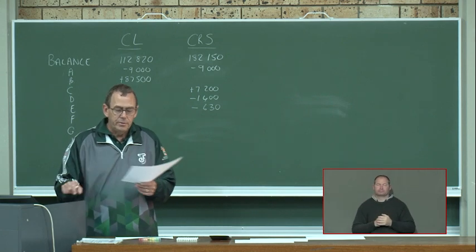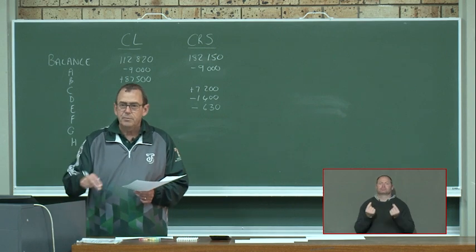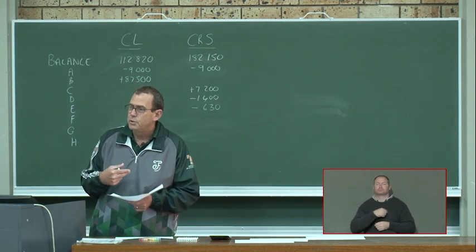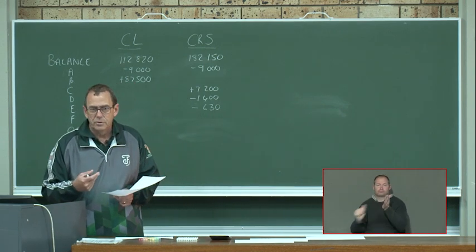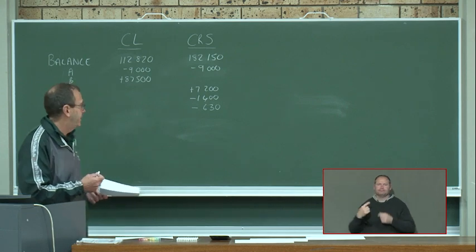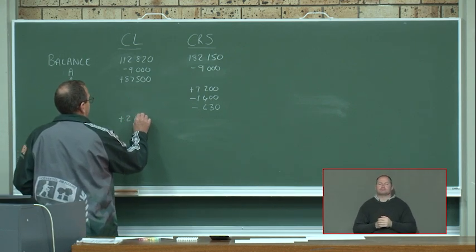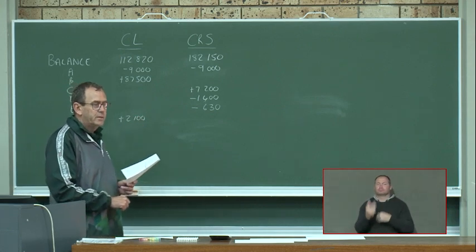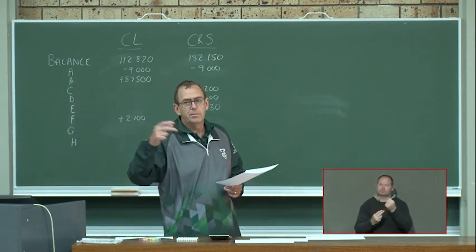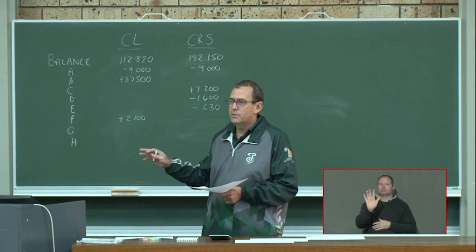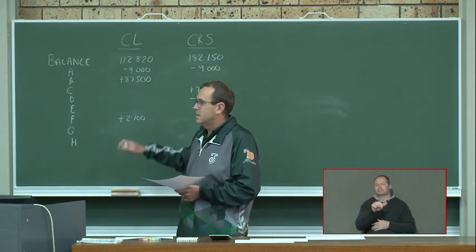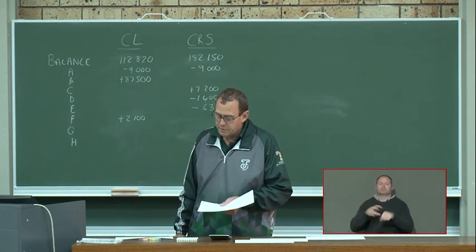So what did we do? We subtracted 2,100, which we were not supposed to. So we have to add the 2,100. So we just add, and it's not the double. It's not like the previous one. They said it was purchases. They just said it was for somebody else, for another business. So we just have to add the 2,100.